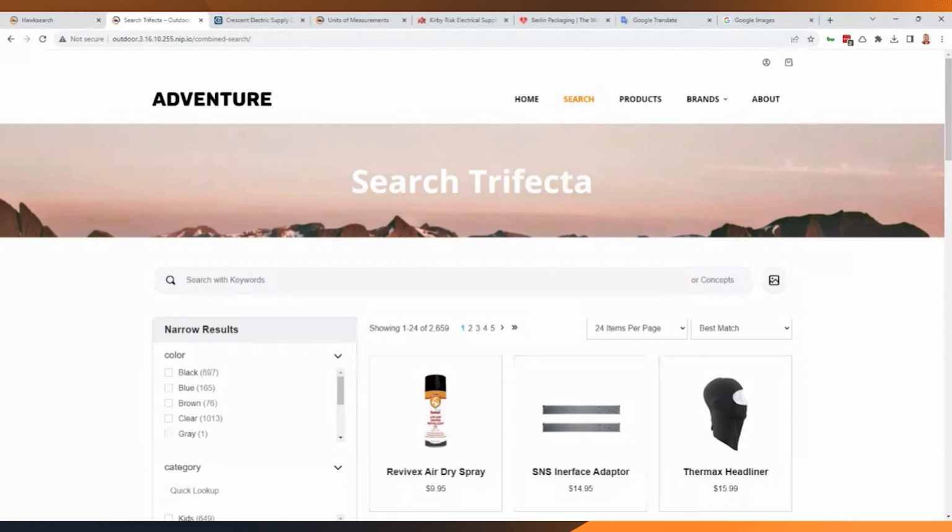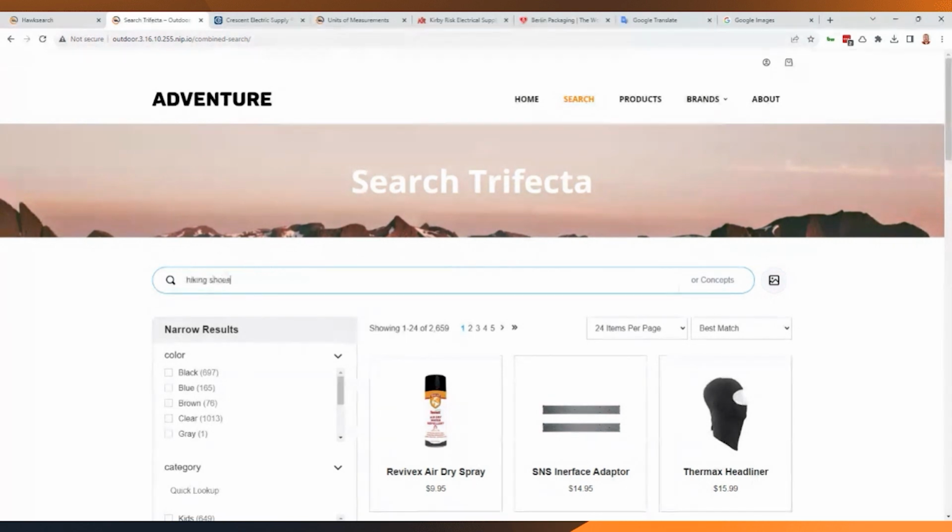And so internally, we're referring to this as the search trifecta. Having your classic keyword search, like we're seeing here, being able to switch over to a concept-based search, and of course, full support for those image-based approaches of either searching on an image or describing the image that you're looking for. And so, of course, we can start with the classic keyword search here.